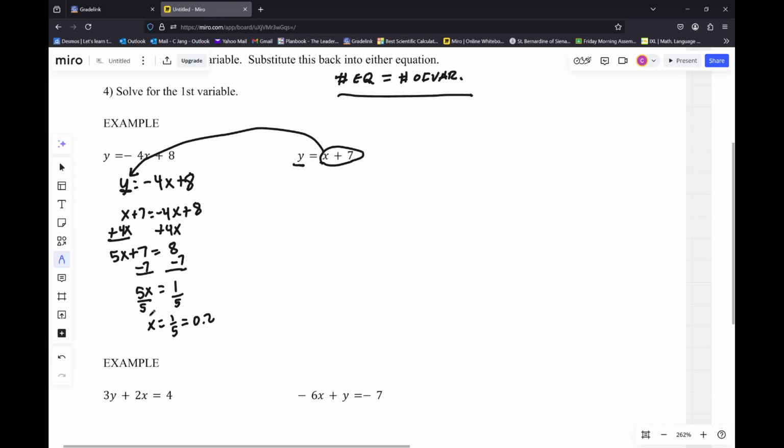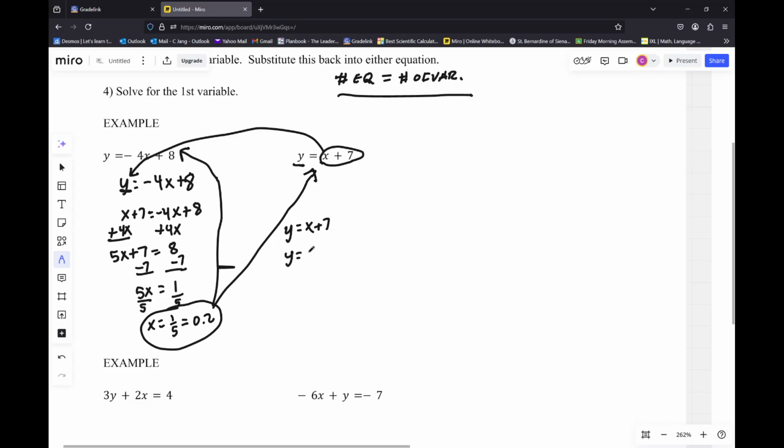Well, now we're going to take this value of x and we're going to plug it into this equation. We can actually plug it into either one of these. We could plug it into this one if we wanted to, but one of these is going to make things a lot easier. And notice that this one is going to make things easier, okay? So we have y is equal to x plus 7, but we know that x is equal to 0.2, so